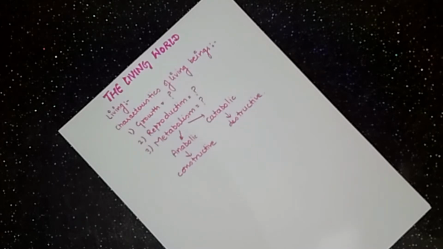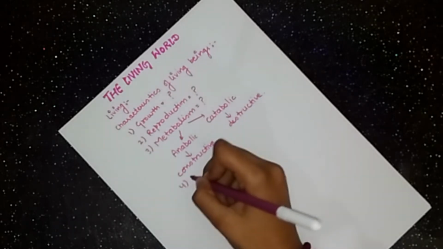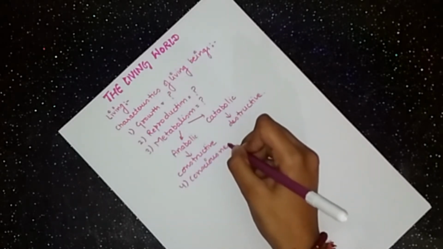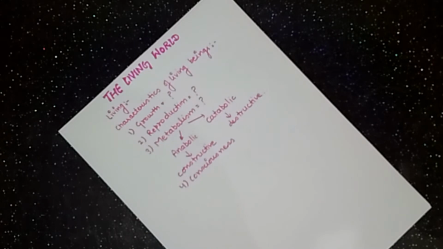Our next characteristic is consciousness. What is consciousness? It is just awareness. It's a defining property. Living organisms have the ability to sense their surroundings, environment, and respond to these environmental stimuli, which could be physical, chemical, or biological. Prokaryotes to all the complex eukaryotes can sense and respond to external cues.